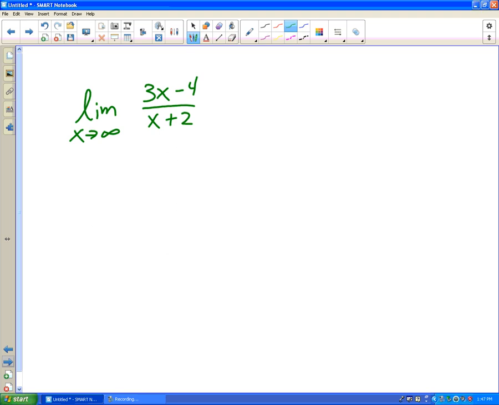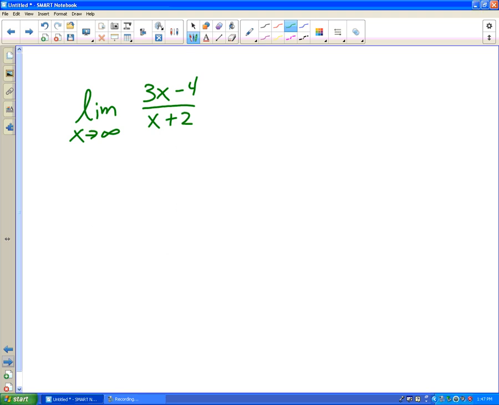So we're going to look at the limit of this function as x approaches infinity of (3x minus 4) over (x plus 2). Now obviously we can't put in infinity and do the arithmetic. What's 3 times infinity minus 4 divided by infinity plus 2? We could find different values, put in 100, put in 1,000, put in 1,000,000, get answers and get an idea of what's